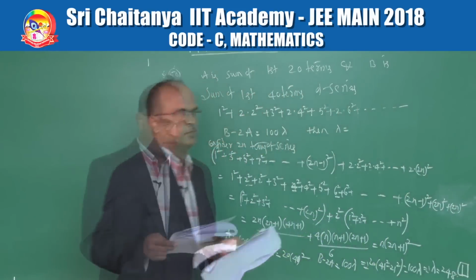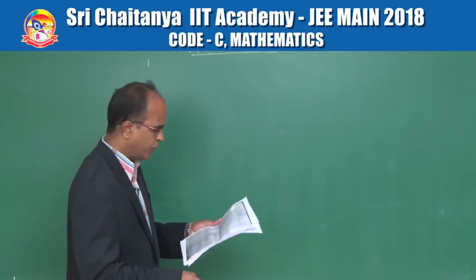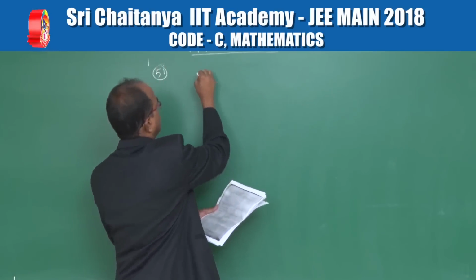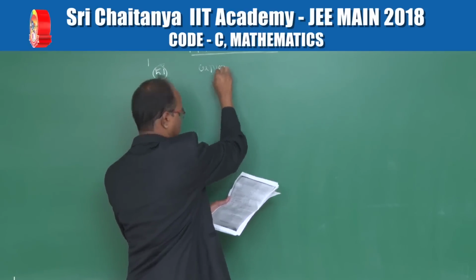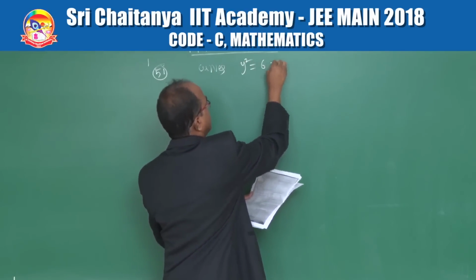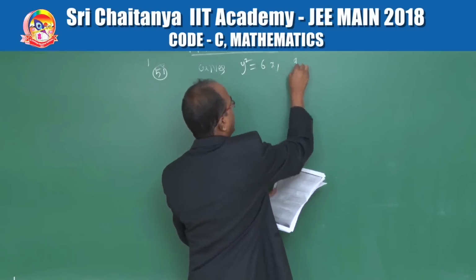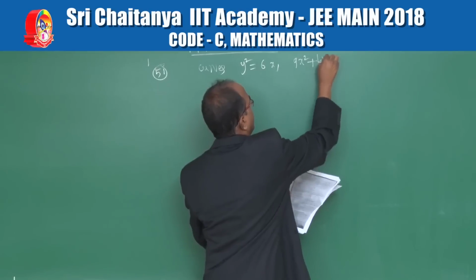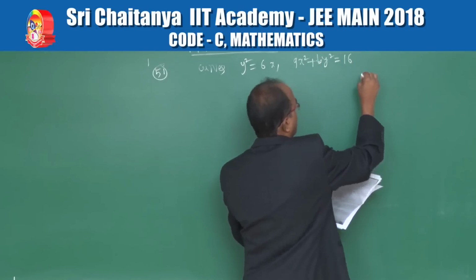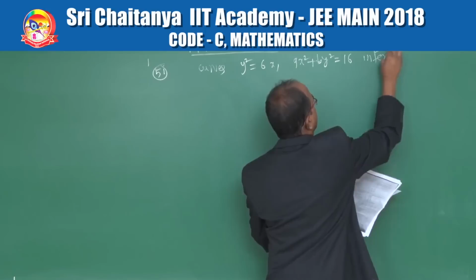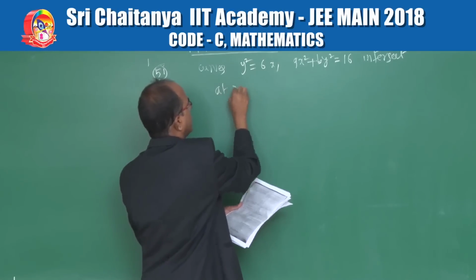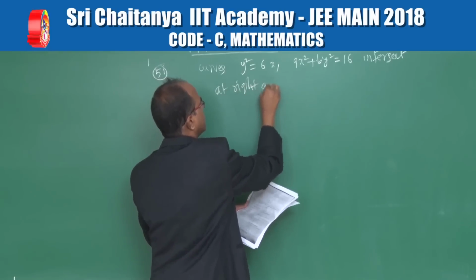We now discuss question 51. The curves y square is equal to 6x, 9x square plus by square is equal to 16, they intersect each other at right angles,